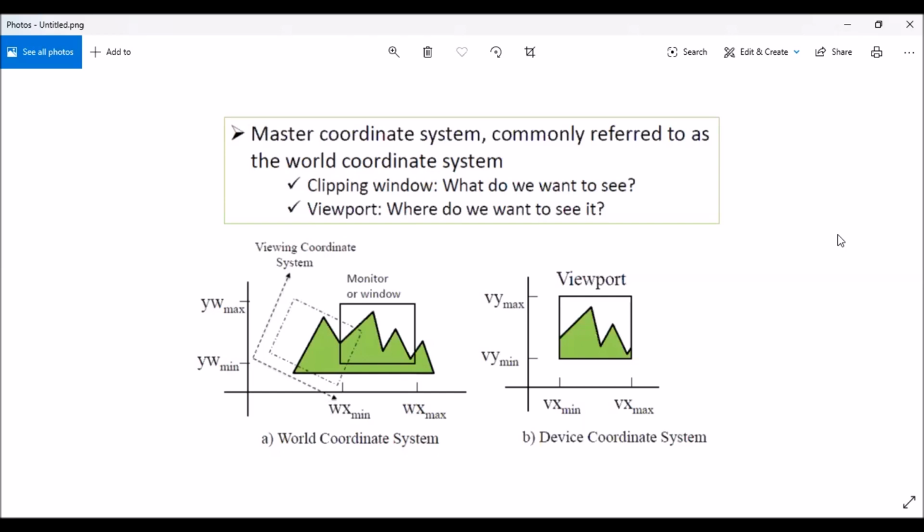What is the particular portion that we want to see? That is clipping window. And then when we say viewport, viewport is where do we want to see? So viewport is actually talking about the device coordinate system. It is talking about how you have to display it on the device. So where do we want to see? That is the task of viewport, and clipping window is what do we want to see.